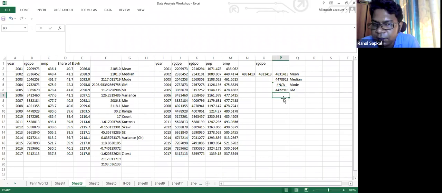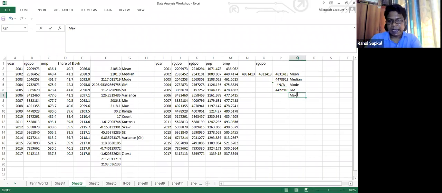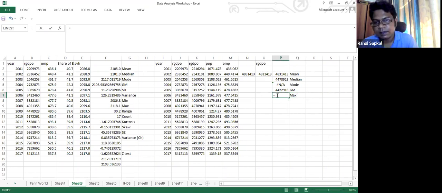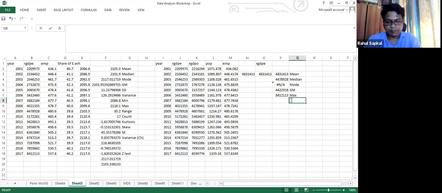This is my geometric mean. This is mean, median, mode. It is not happening for mode. Now this is my geometric mean. Now let's calculate the max value. It will show the maximum value.